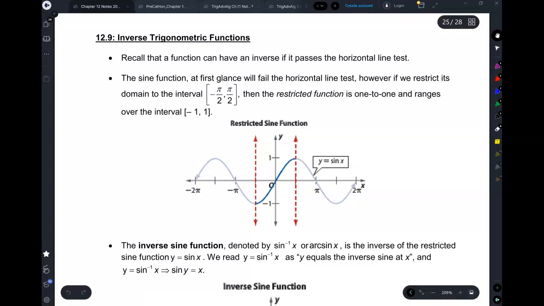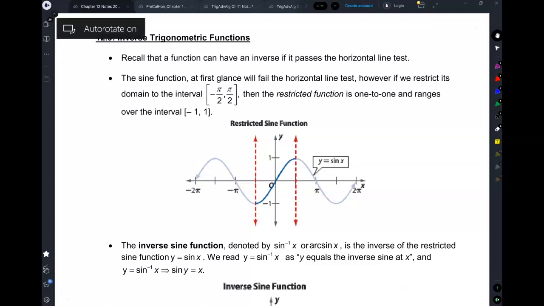So back in the day when we talked about inverse functions, the first thing we asked is, does this function even have an inverse function? And remember how we said in order for something to have an inverse function, it had to pass the horizontal line test. Do you guys remember that? Yeah. Because that's when the inverse will become a function. Now, so then when we get to sine or cosine functions,